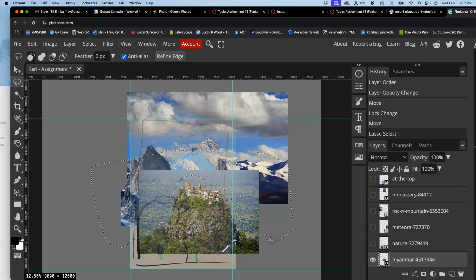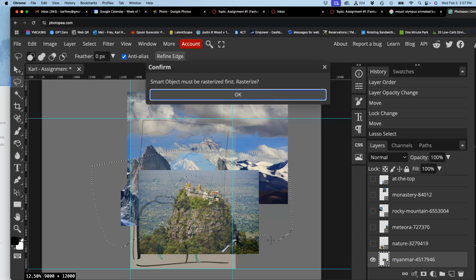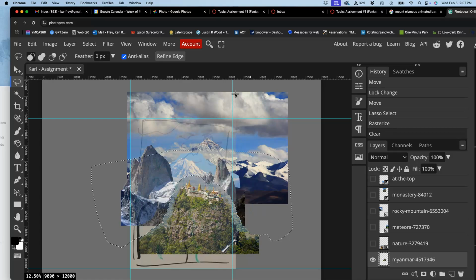And I can also do it this way. There I didn't lasso around what I wanted to keep. I lassoed around what I wanted to get rid of. But this is a less direct way. Because if I hit delete now, it's going to say, do you want to rasterize it? And then I have to say, oh yeah, of course, sorry, I have to rasterize it. And then I can hit delete. So better, and I'll show you with the next one,